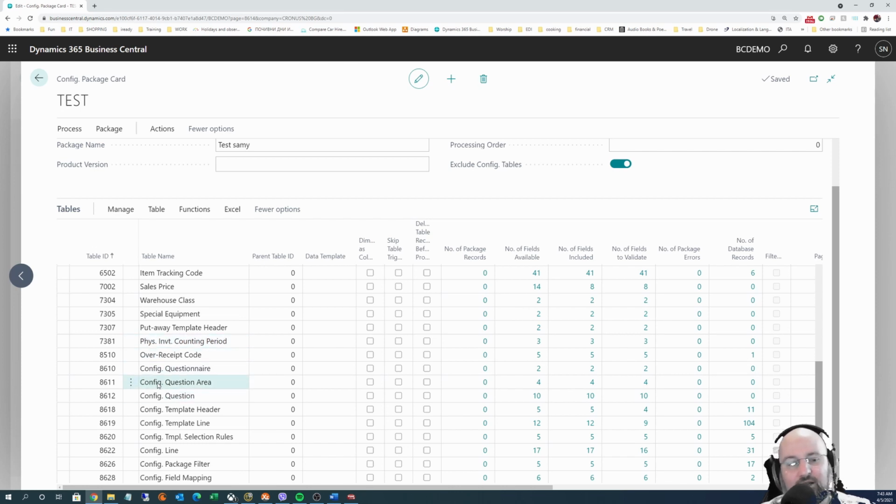And again, this has more to do with partners setting up add-ons and so on than most of the time using this for just migrating data. But it could be helpful as well. So this is what this button does. So anyway, we have the